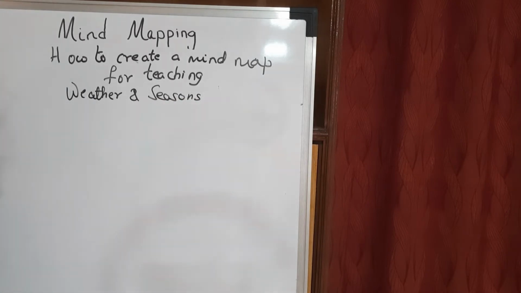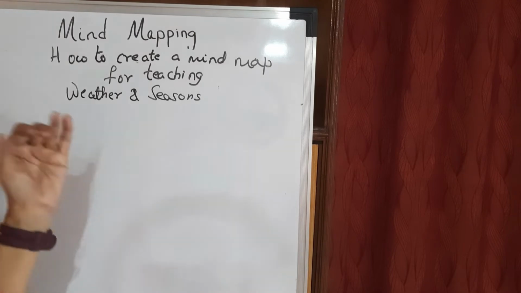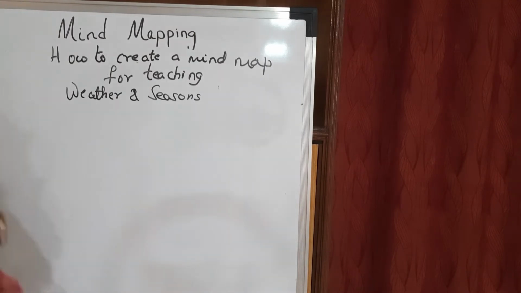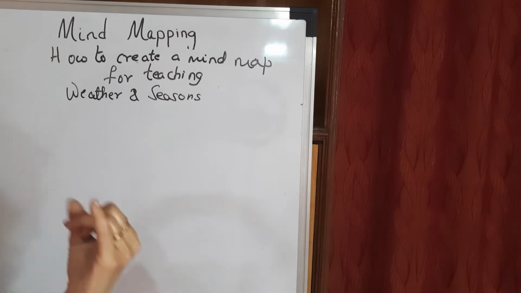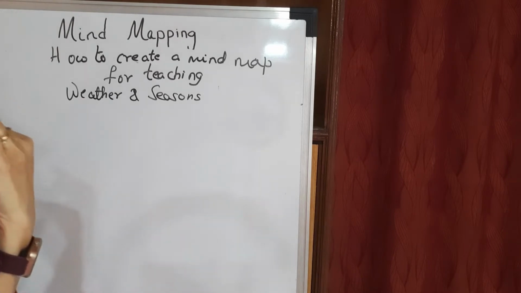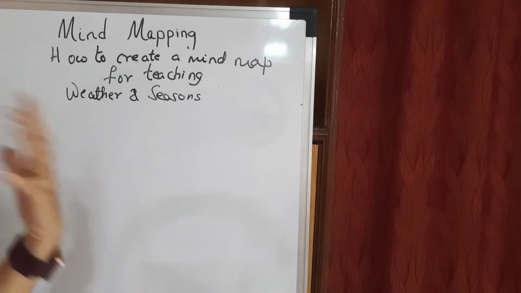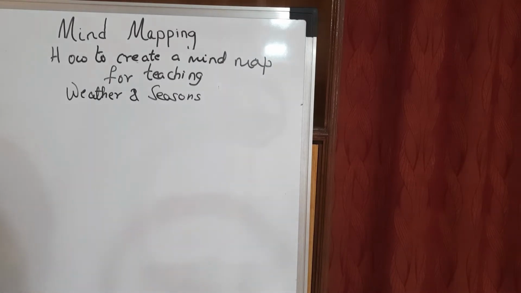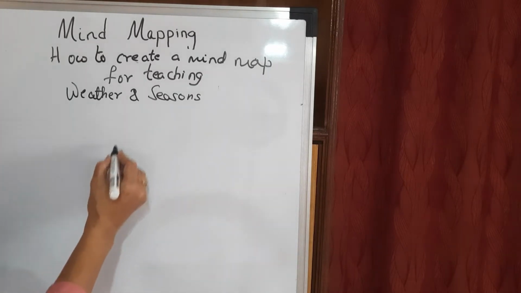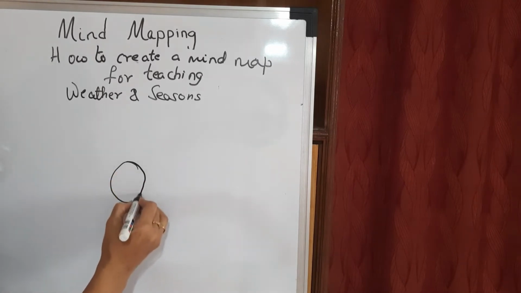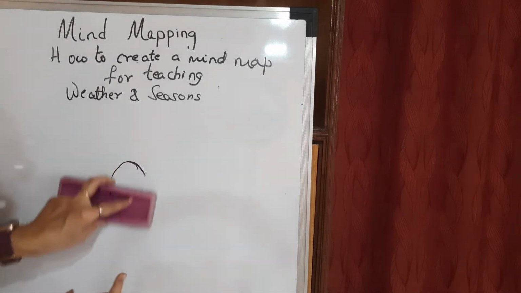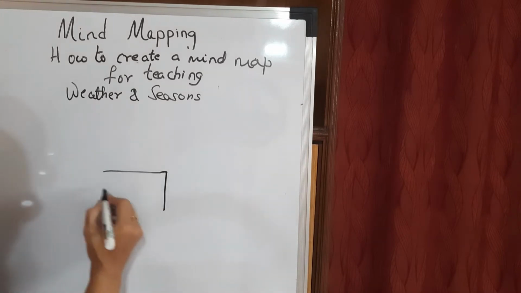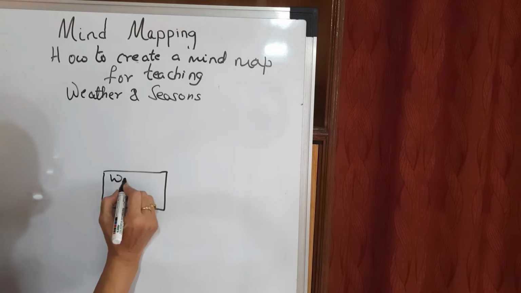So the first thing in making the mind map is you can use different colors. Three things you require, that is the lines, you require shapes. It could be the rectangle, square, anything, or branches, anything which you feel like. And also arrows are required, and the text, which you write in a concise manner. So first today I'm going to show you this mind map. Like this is your weather. Let me make it a little bigger. Okay, I'll take a rectangle where I'm putting weather